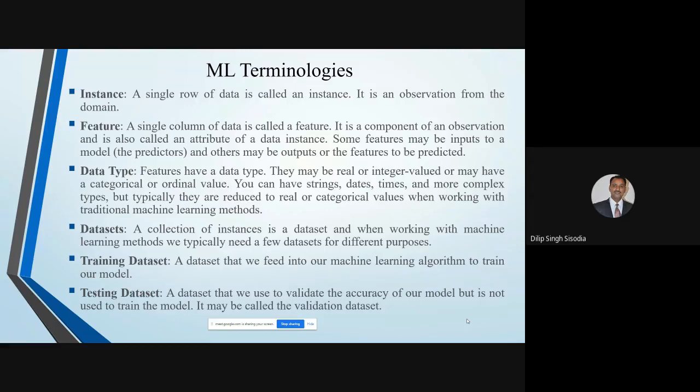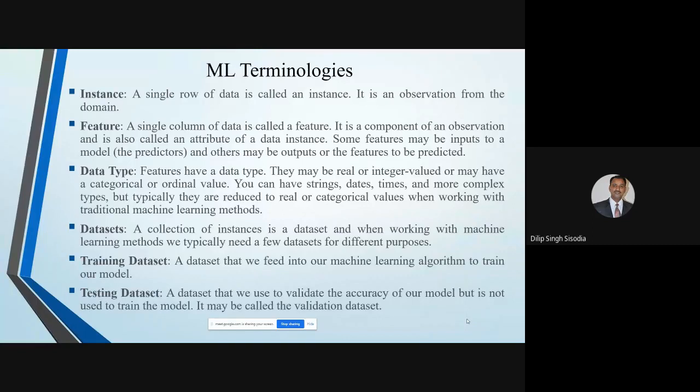So validation: if suppose we are using some algorithm, a lot of hyperparameters are there. Just to tune these hyperparameters, we use the validation set. If suppose the size of this data set is 100, then we will divide this data set into 70, 10, 20. Means 70 is training, 10 is validation, and 20 is testing. Or it can be 70, 15, 15. 15 is validation, 15 is testing, so 15 instances are used for testing.